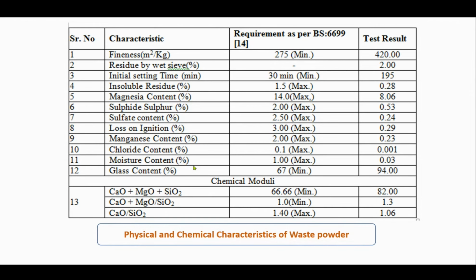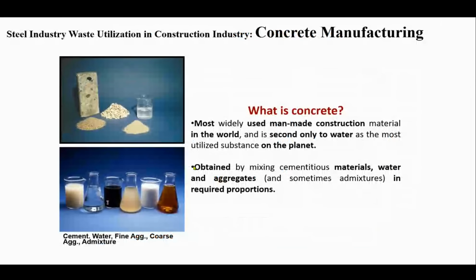And while discussing that, what problems we faced, I will share with you, so you can share with other people whenever you are doing any collaborative work or you are trying to guide your student in that way. So, steel industry waste utilization in construction industry. Here I made the words concrete manufacturing very large, because I just told you whenever waste utilization is discussed, the first option will come in concrete, because it is a large amount of concrete production,